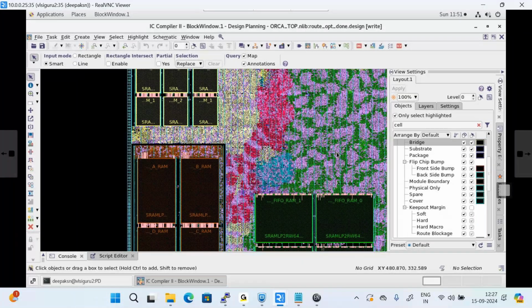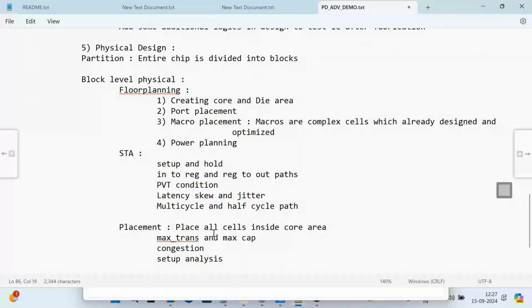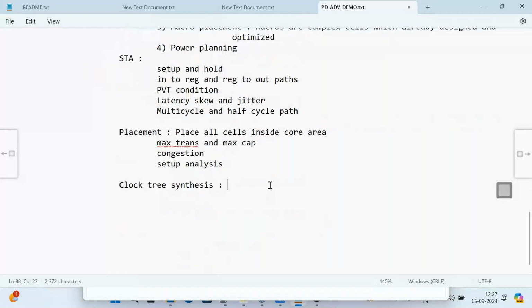So we'll see how to place all the cells, and what checks we do after placement. After placement, what do we have? CTS. What does CTS stand for? Clock tree synthesis. So we see what CTS is. Why CTS? Why clock tree synthesis? What is CTS? Build a clock tree